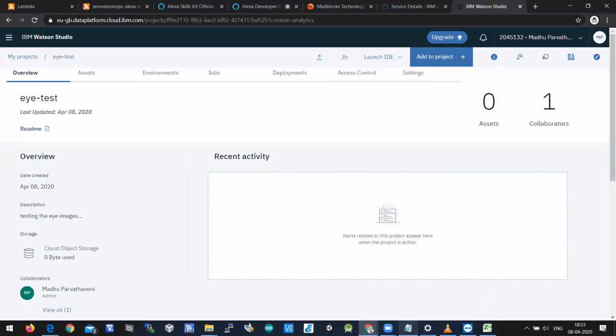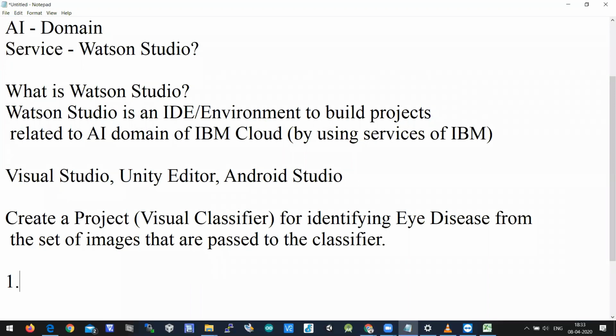So next, now we have to create a project. So the project is created in IBM Watson Studio.